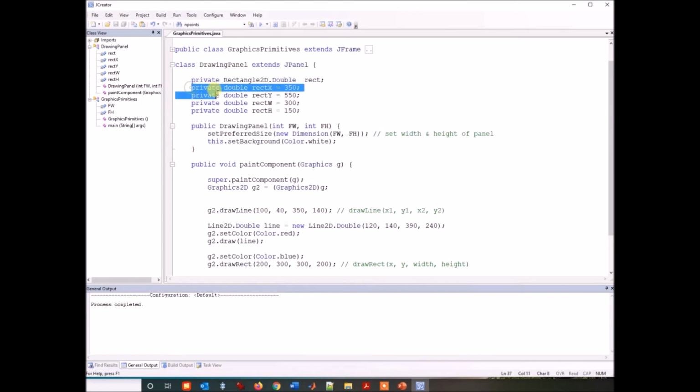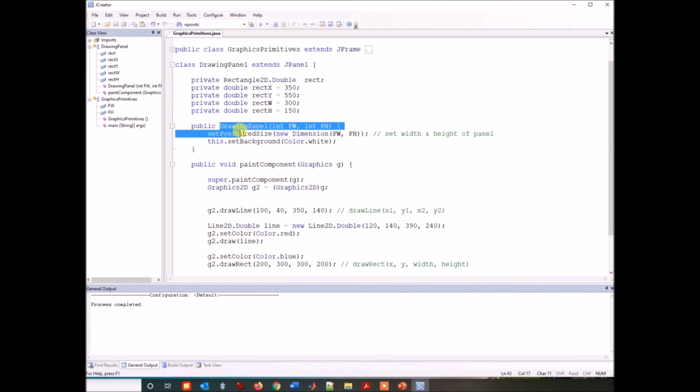These parameters are the x and y, that is the top left corner of the rectangle with respect to the Java coordinate system, and the rectangle width and the rectangle height. We are writing this code so that our rectangle object is going to be more flexible, so later on we can manipulate this object.